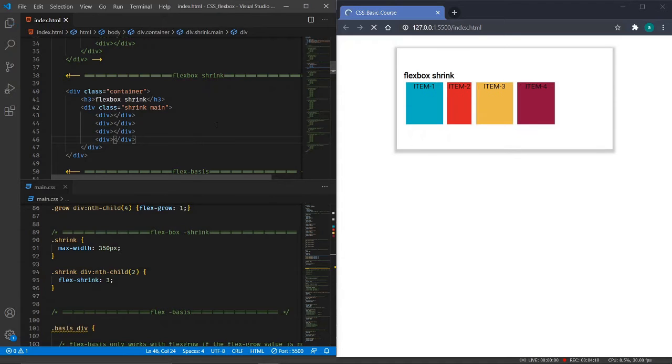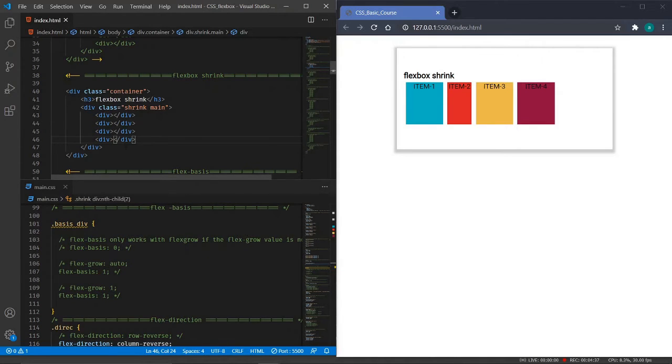After saving this, I have targeted the second child item, and using the flex shrink I have asked the browser to shrink the particular item by 3. So it is like whatever the default size is, reduce the particular child by 3%, or it's some kind of percentage.